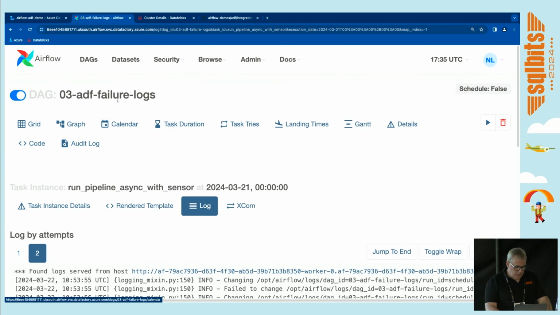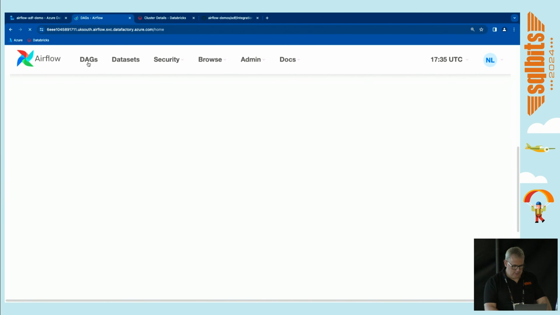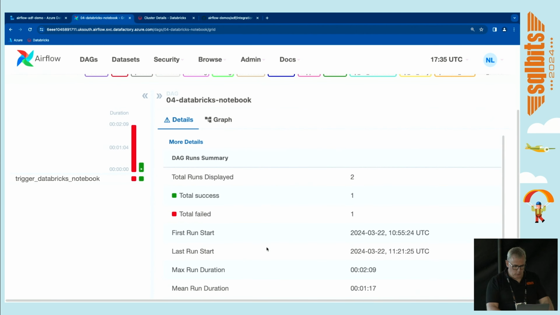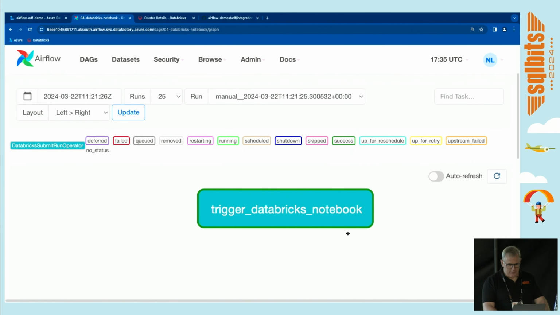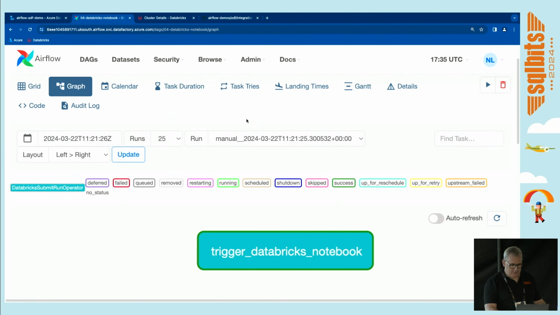The final one we'll very quickly touch on is number 4. This one is a really, really simple one. This one just kicks off a Databricks task. In this case, I'm kicking off a notebook. So if you were to have a look at the code for this one,